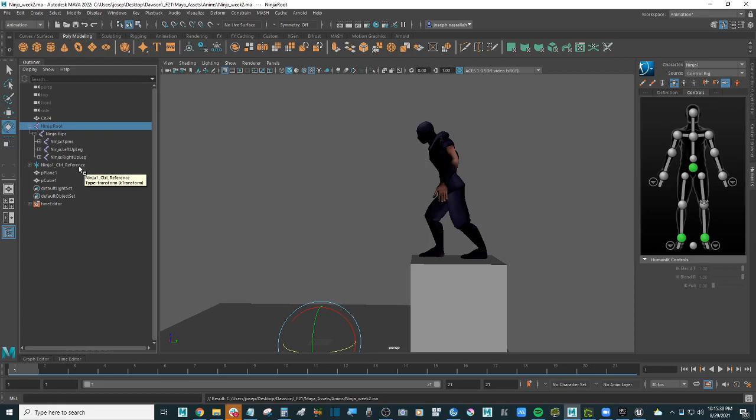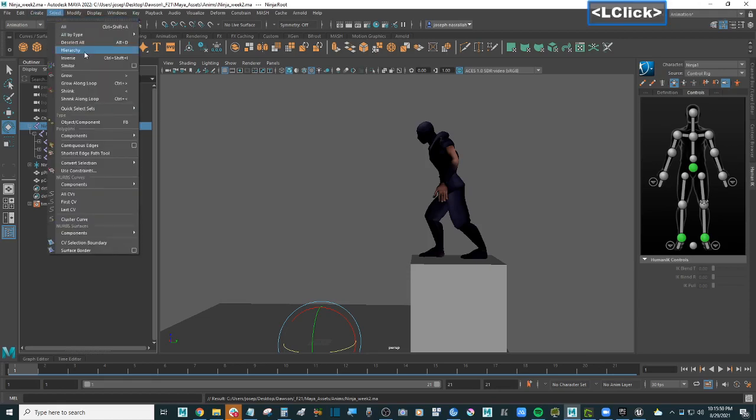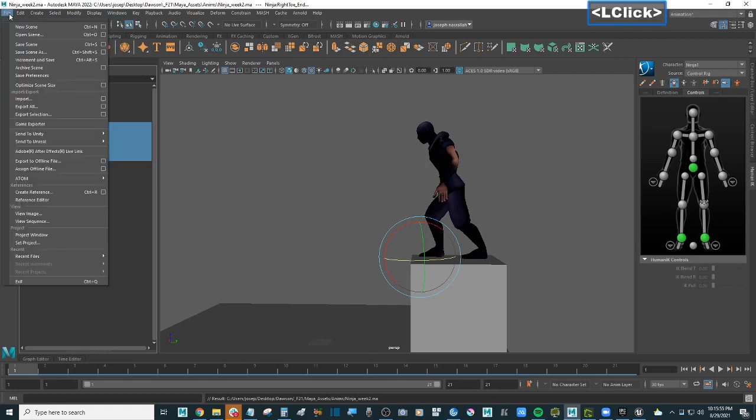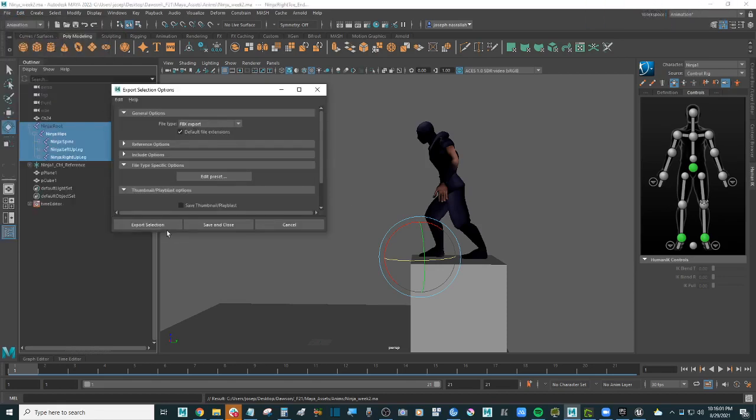We don't export the control rig, which is the human IK control rig. We export the joints. So you can select the root and then select hierarchy, and now you go File, Export Selection, FBX,